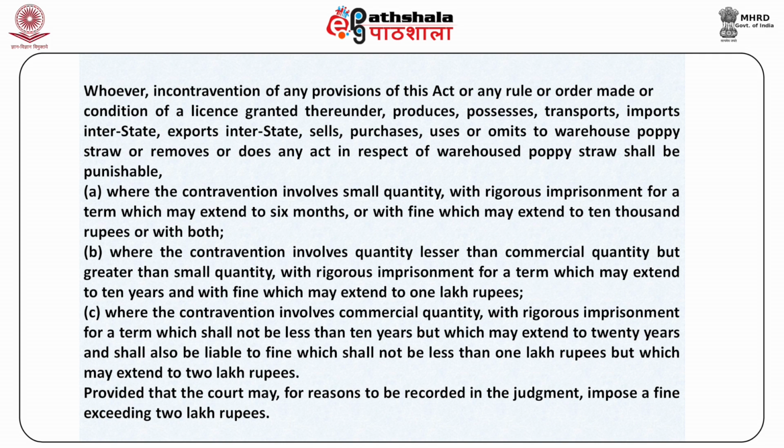Whoever, in contravention of any provisions of this Act, or any rule or order made or condition of a license granted thereunder, produces, possesses, transports, imports inter-State, exports inter-State, sells, purchases, uses, or omits to warehouse poppy straw, or removes, or does any act in respect of warehoused poppy straw, shall be punishable, where the contravention involves a small quantity, with rigorous imprisonment for a term which may extend to 6 months, or with fine which may extend to 10,000 rupees, or with both;